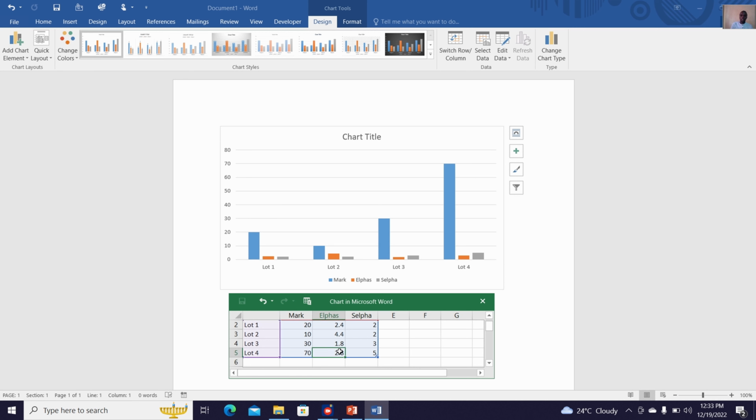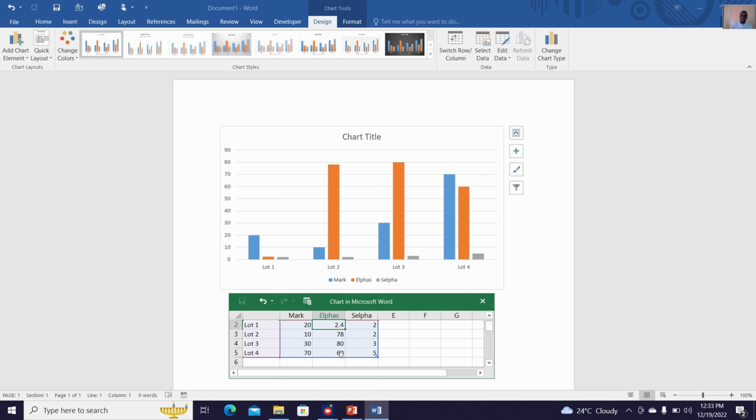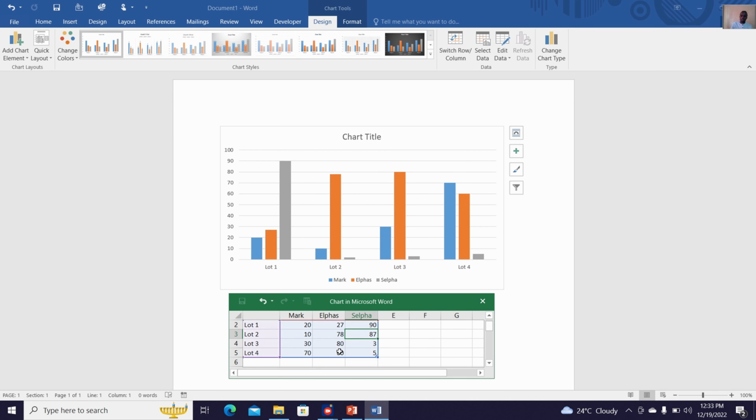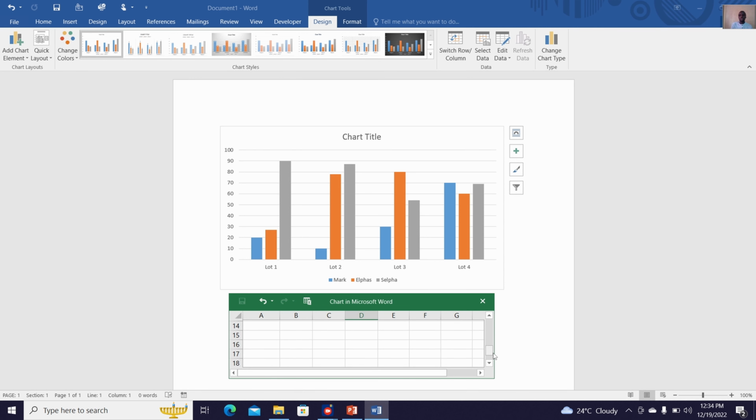And then here we can have maybe 60 points, and then you have 80 points, and then you have 78 points, and then 27 points. Then you can have 90 points, and then 87 points, and then 54 points, and then 69 points, like that. Maybe these ones are the results in a certain game. So after you finished, you can close your